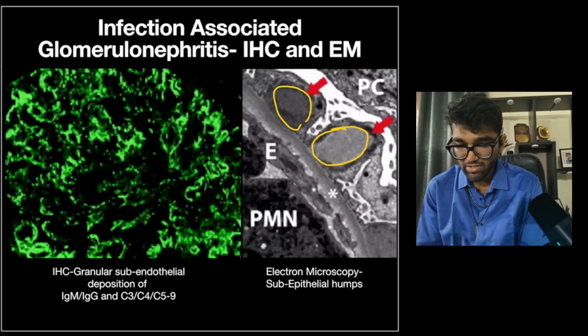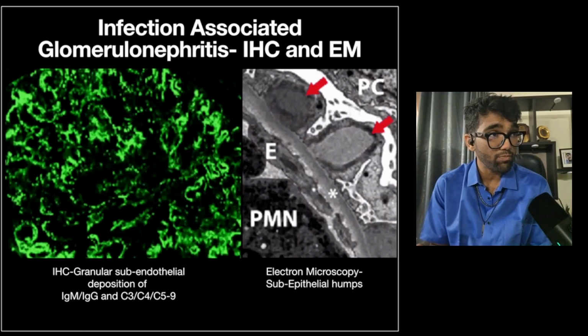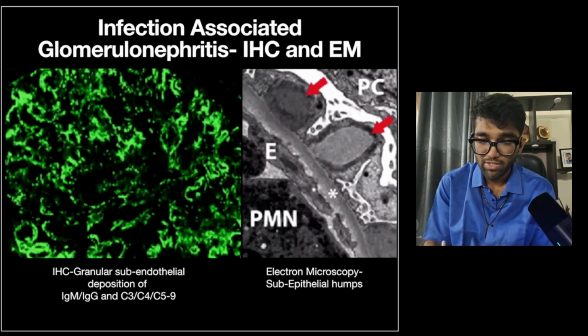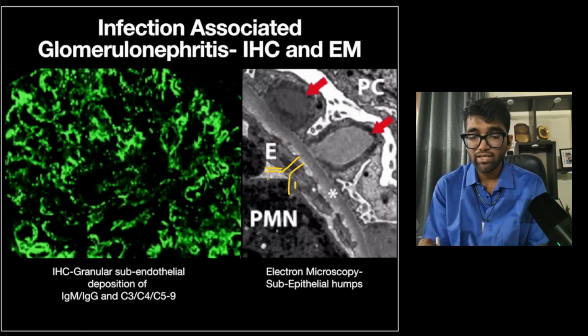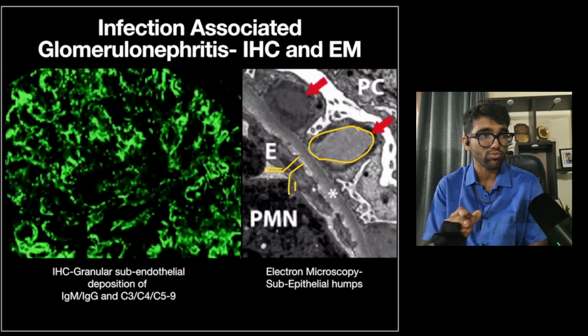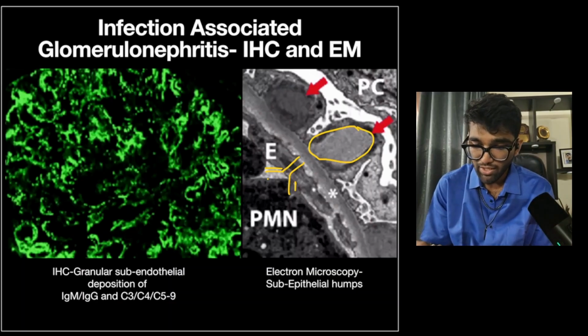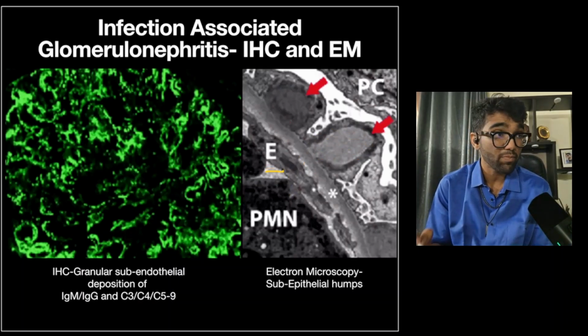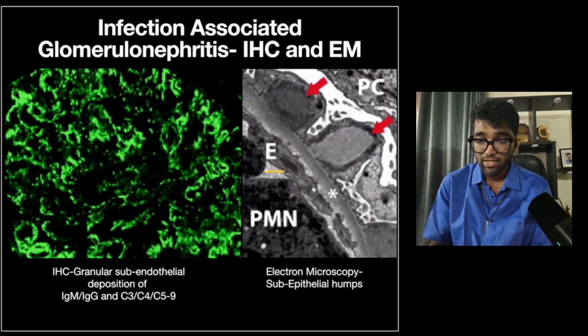Okay, so as I've discussed in our earlier talk on the mechanisms of this kind of immune mediated damage, the antigen antibody complexes get deposited initially subendothelially, cause complement activation, and for some reason which we are not very clear about, they dissociate and reassociate subepithelially, likely to do with their biochemical nature. So this is highly specific. The subepithelial humps that you get are what you see in immune complex mediated glomerulonephritis, particularly infection associated GN, classically